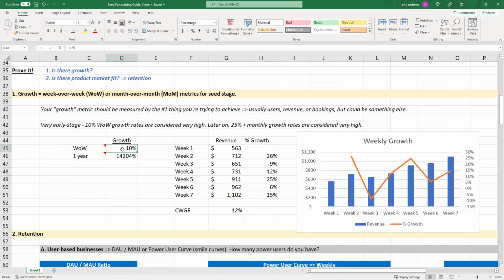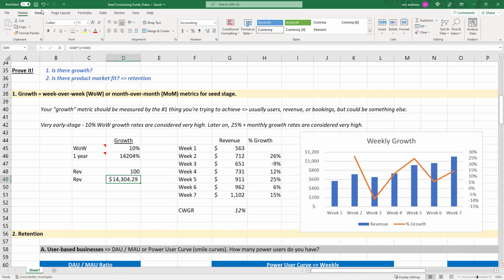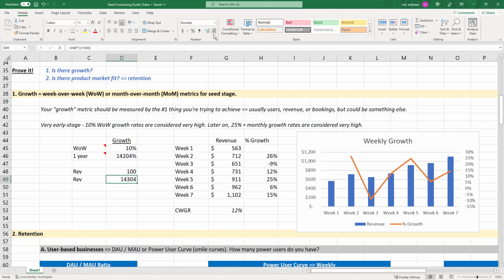Well, if you compound 10% for 52 weeks, which is 1 year, you actually grow 14,000%. So if our revenue was $100 on week 1, then by the end of the year, if we could just grow it at 10% every week, it would be $14,000 per week by the end of the year. So 10% growth isn't realistic for a very long period of time,